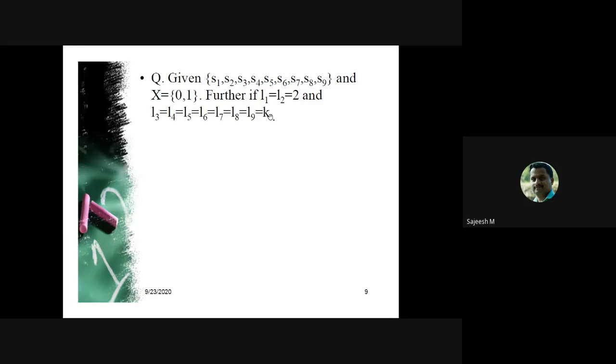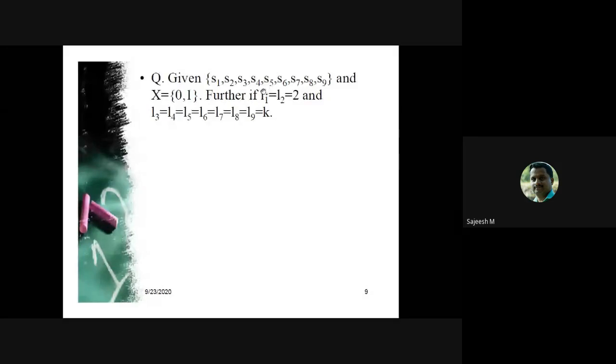You will have to find the value of that k so that the code will be instantaneous. Once the code is instantaneous, that is satisfying the prefix property, it is also known as a prefix code. We can say it is uniquely decodable and it is instantaneously decodable. There will be no time lag. That is the significance of this instantaneous code.